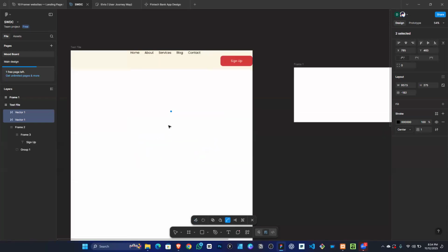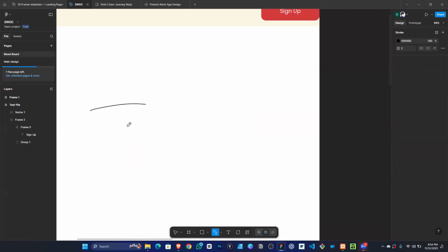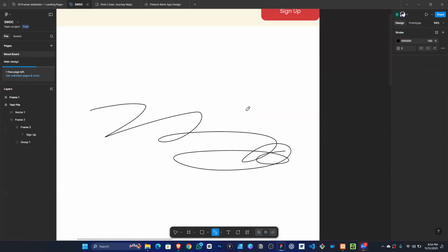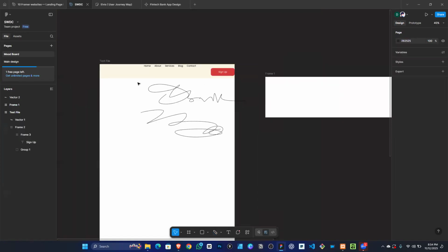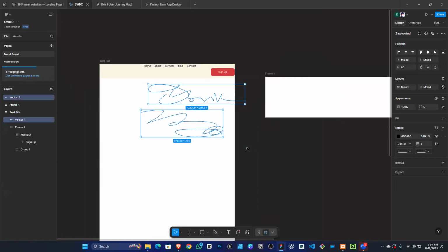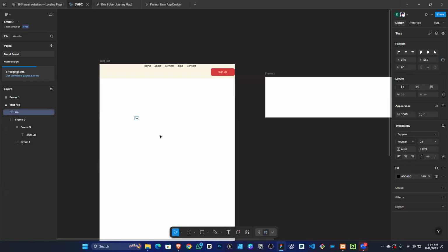Then we have the pencil tool. The pencil tool is under the pen tool. This, you can use it to draw anything you want, right? So if you want to sign a signature, you can use it to sign a signature as you like. So let's delete it. Okay, text tool, we can use it to add text anywhere that we want to add